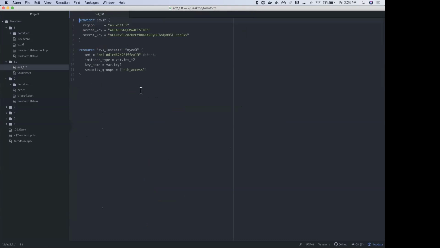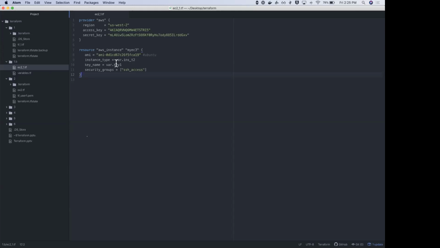Here, I'm using the same AWS provider and the AWS instance resource. I'm specifying the instance type and key name as var.key1 and var.instance_t2. How are we able to do this? Using variables.